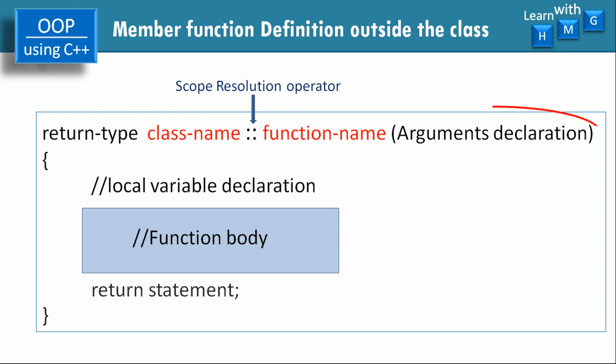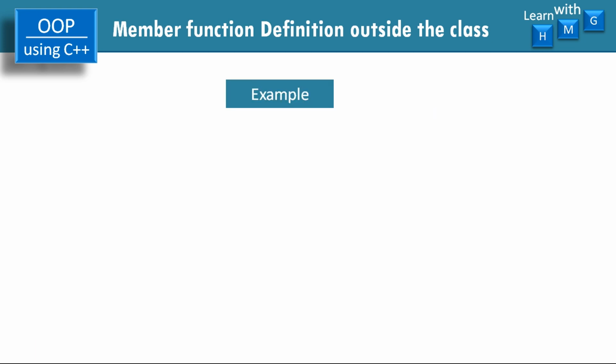Let us see the example. Before that, here you have to pass arguments, because in this video we are studying how to pass arguments. So whatever arguments you want to pass, first you have to write their declarations. The declaration includes the data type followed by the variable name, and if there are multiple arguments, they are separated by commas. So like this, there is a list of argument declarations you pass within the brackets.